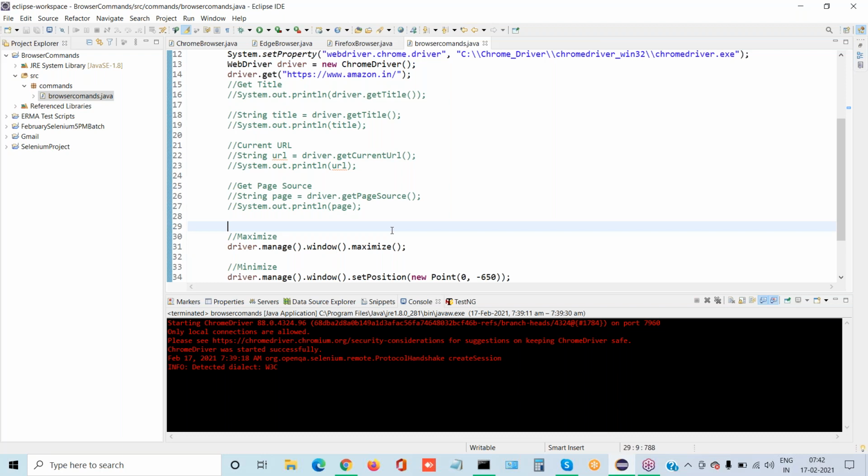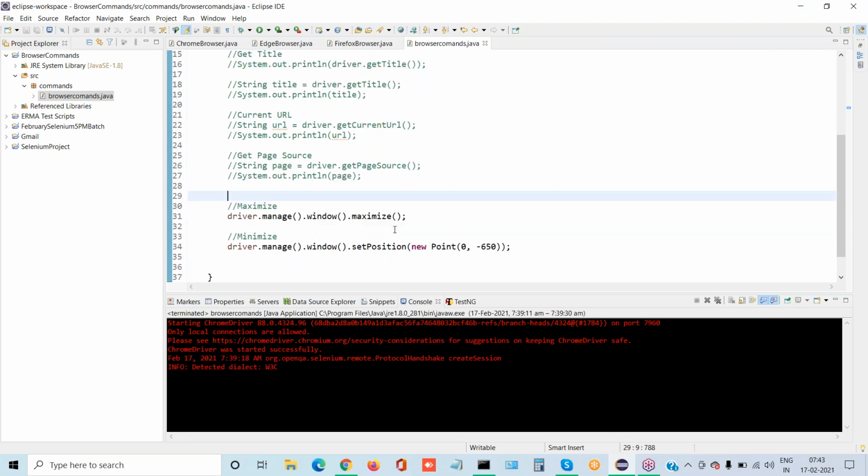The maximize is nothing but Selenium by default will give the default window. We want to maximize, in that case I use driver dot manage dot window dot maximize to maximize the window. Sometimes I need to check whether the window is minimized or not. Due to different resolutions, I use the command driver dot manage dot window dot set new position, like x coordinate and y coordinate. So this is how I'm telling, very confidently and very systematically.